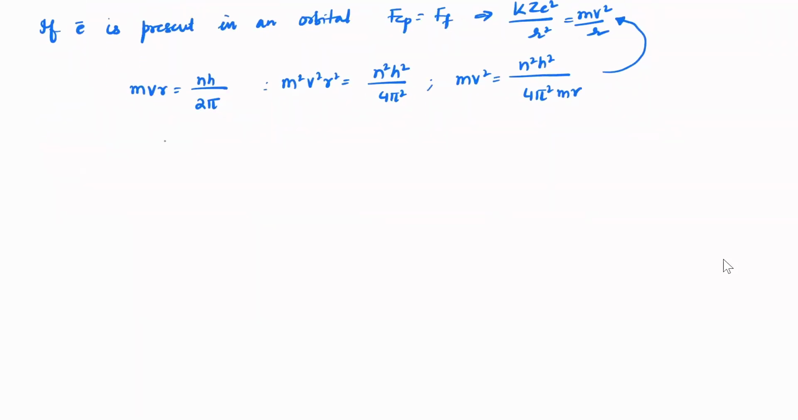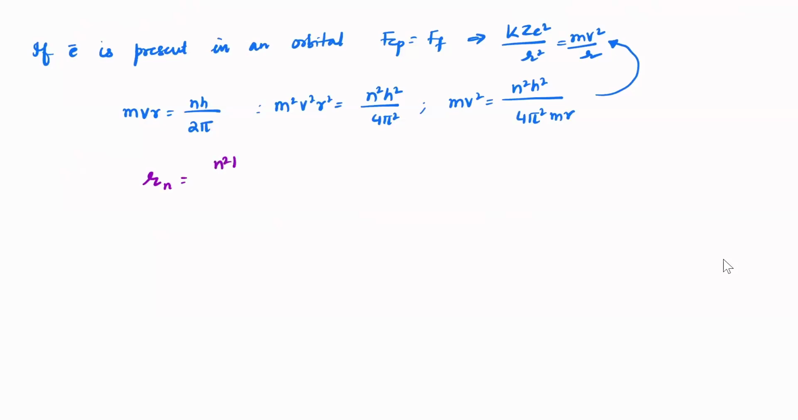This is the formula you will get. That is, the radius of the nth orbit of Bohr's model will be equal to n²h² by 4π²m into kze². This is the value you get. And you notice that these are all constant values: h, 4π², mass of the electron, k value, e value. Putting all the constant values, you will get this value as